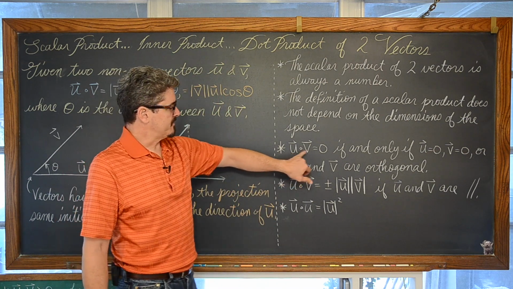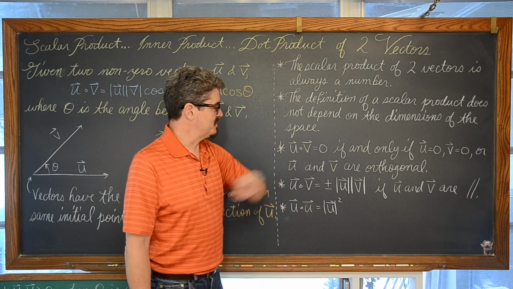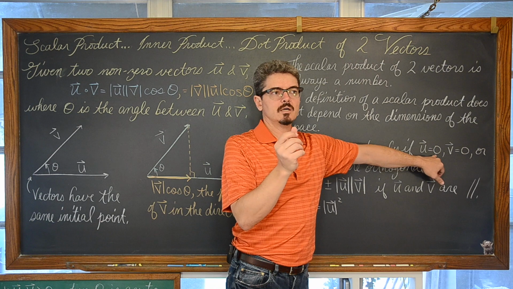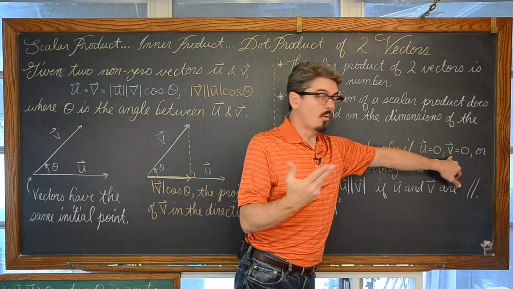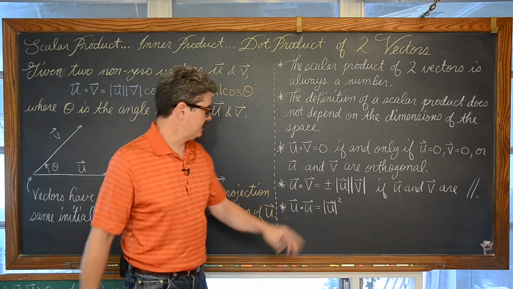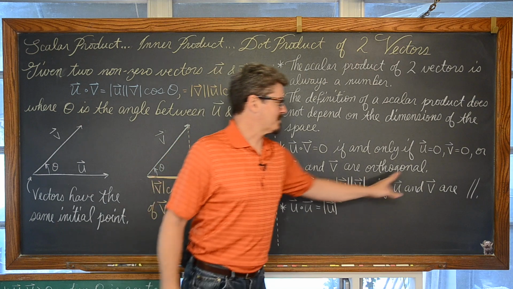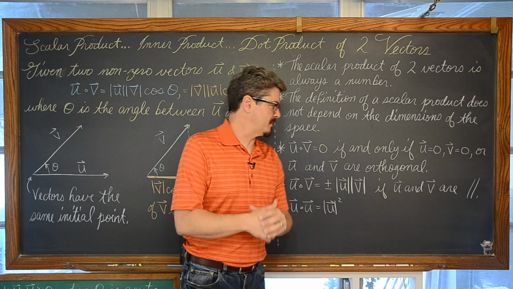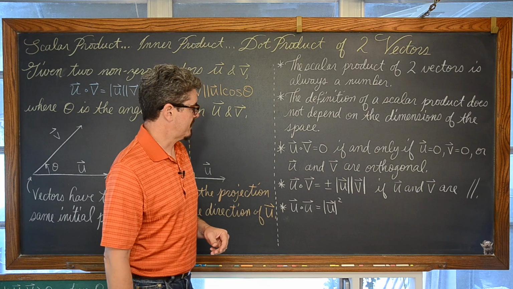The dot product of vector u and v is equal to 0 if and only if either vector u is the null, trivial, or 0 vector, where all components of vector u are equal to 0, or vector v is a 0 vector, or, which is a bit more interesting and what you'll be dealing with more often, vector u and vector v are orthogonal, which is just a fancy word for perpendicular. There's a very slight difference, but that vocabulary is used a lot with vectors.